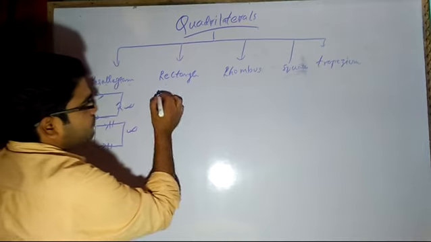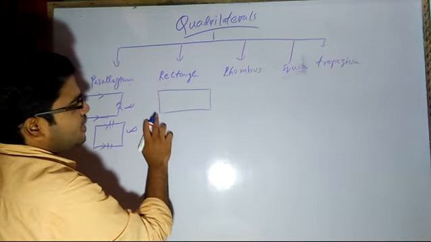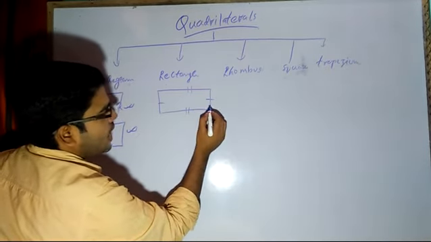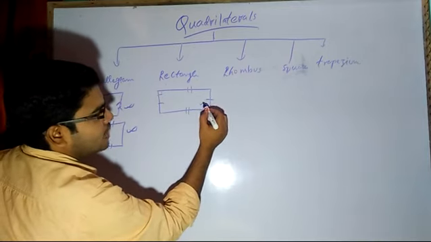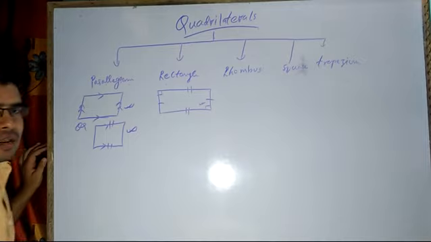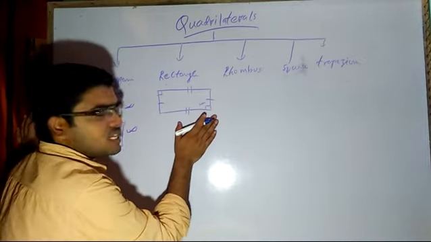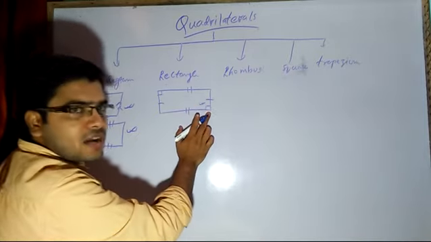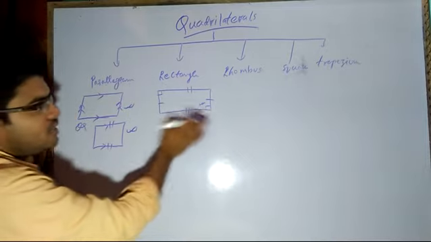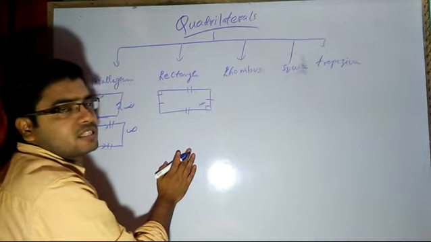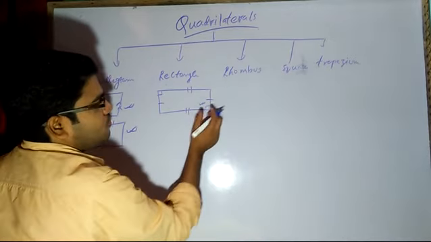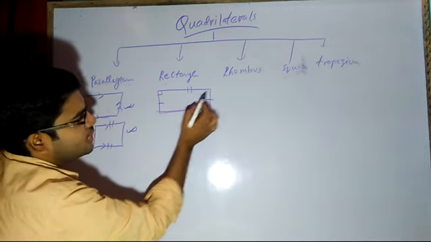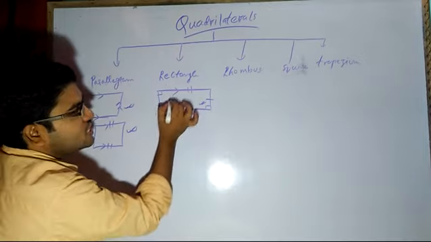Now, what is a rectangle? A rectangle is again a quadrilateral only. In this, opposite sides are equal and one of the angles will be equal to 90 degrees. Either this angle 90 degrees, this angle 90, or any one of the angles 90 degrees. If this type of figure is obtained, we can see that opposite sides are equal and parallel and one of the angles is 90. Opposite angles are 90. In this case, this line will always be a straight line. So obviously it will be parallel.